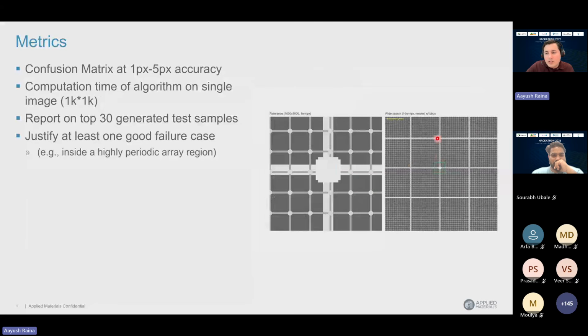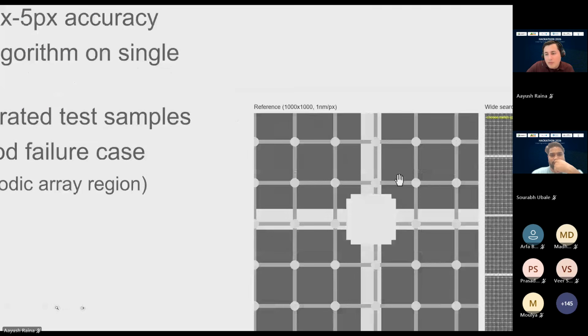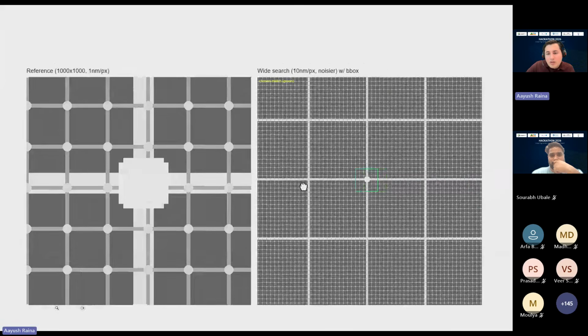So if you see there are vertical lines here. In these vertical lines, if I make 1 pixel error, I will have a shift of 10 nanometers. It's bad, right? So how good is your algorithm? You can have a range. I've suggested like 1 to 5 pixels. You can have 10, 15, 20, 50. First, we want you to solve the problem. Then we will start working with you on how to improve the accuracy.